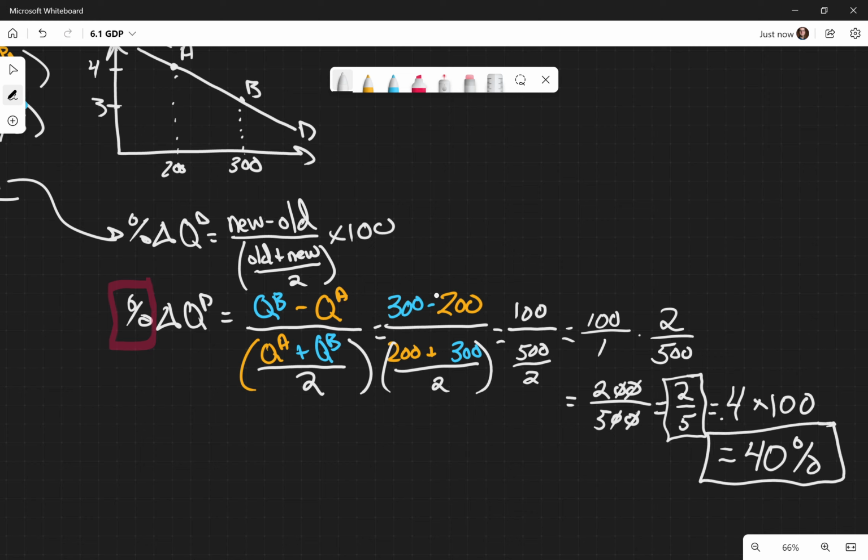If you forget to multiply the quantity demanded by 100 and you forget to multiply the percentage change in the price by 100, it ends up giving you the exact same answer, right? Because A times 100 divided by B times 100 is going to equal the exact same thing as A over B, right? So if we multiply both the top and the bottom by 100,